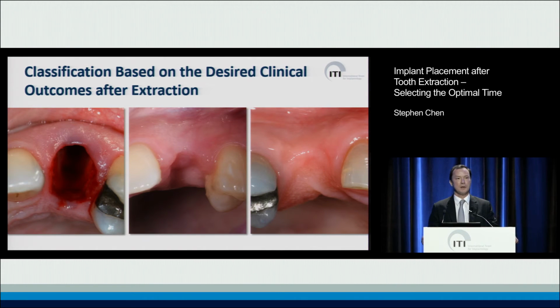So firstly, the classification for timing of implant placement is now actually very simple. It is now based on what the clinician, in other words, you and I, would like with healing after a tooth is taken out. So what the desired clinical outcome is. And the entire classification is therefore based on this. So either it's a fresh extraction socket,